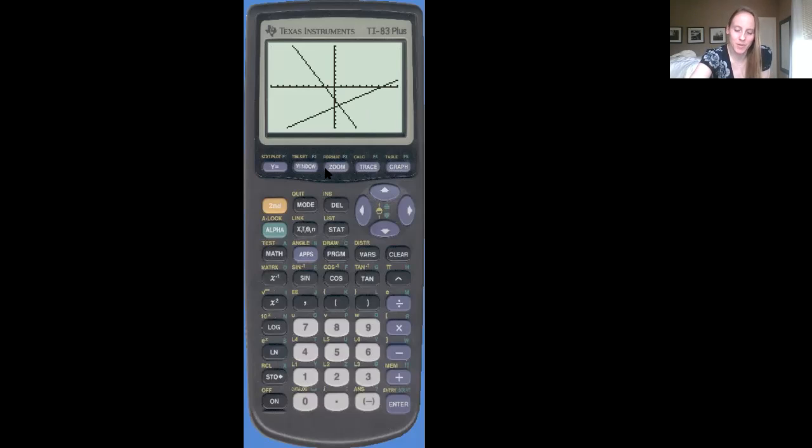The last thing that I want to talk about is finding our intersection, so finding where these two lines are intersecting. That's our point of intersection, which is our solution to this system of equations. It will walk you through this in the handout that I'm going to be giving you guys, but I'll show you how it works as well. So what we're going to do is trace,